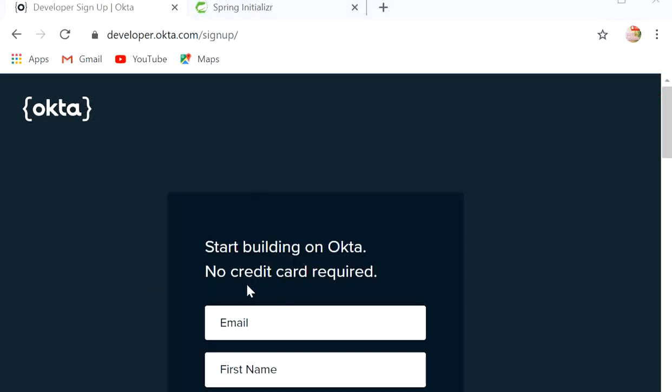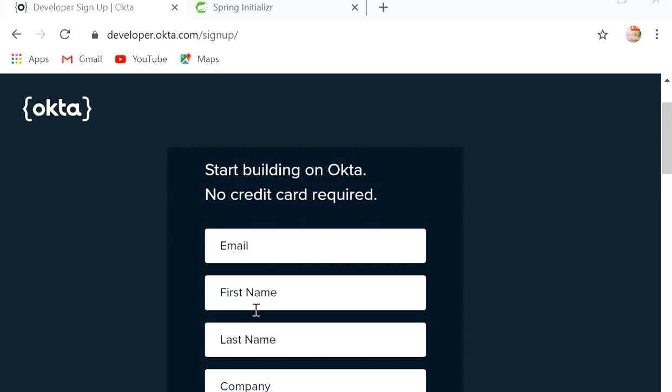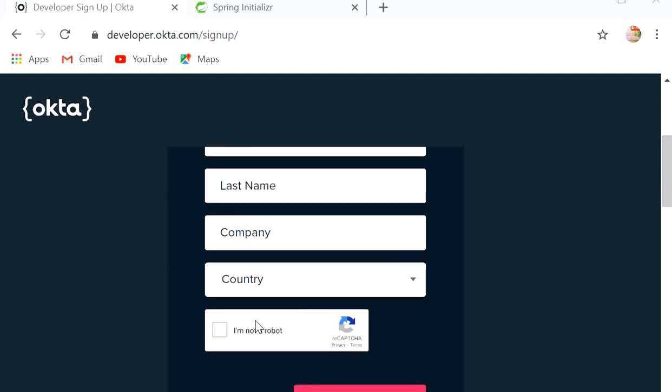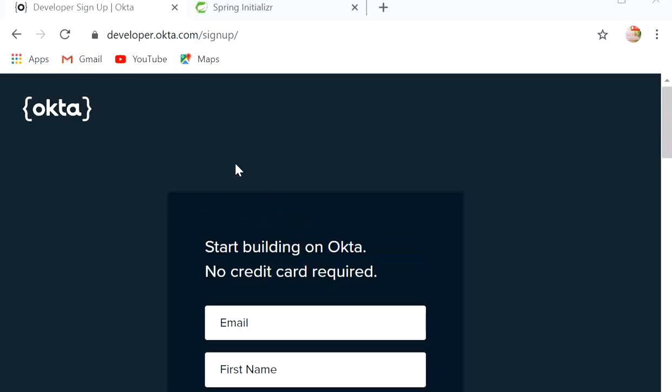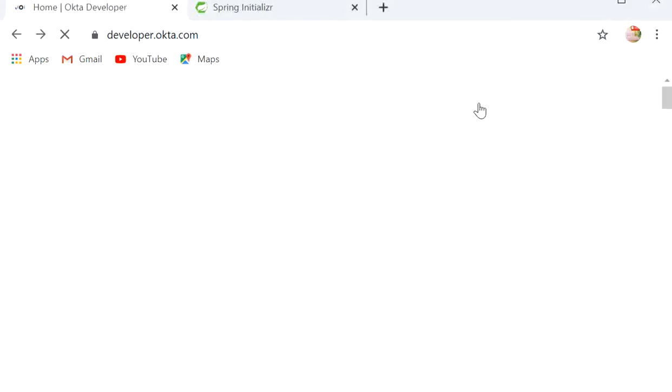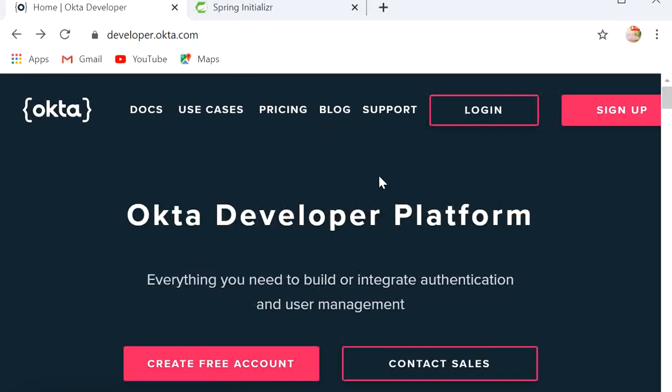We just need to fill in a few details: email ID, first name, last name, company, any name is fine, and choose a country, then click get started. A mail will be sent to our email ID, and we have to verify it. After verification, we can log in. I have already created an account, so I will log in directly.